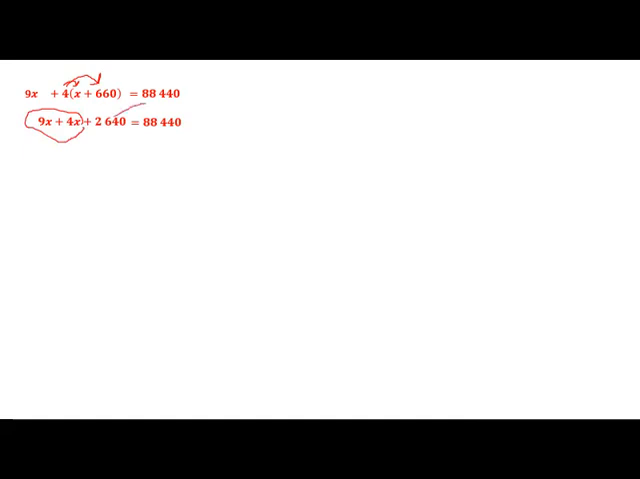And then you take this to the other side. When you take it to this other side, it'll become negative. So you'll end up having 13x is equal to 88,440 minus 2,640. I don't know how much that will give you. I jumped to that step. So I'll have 13x is equal to